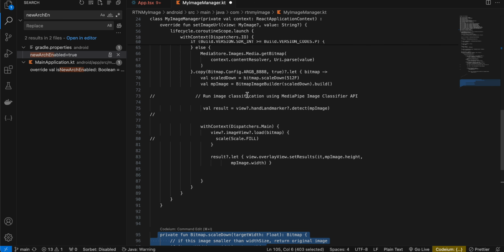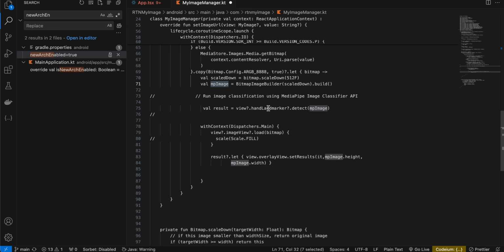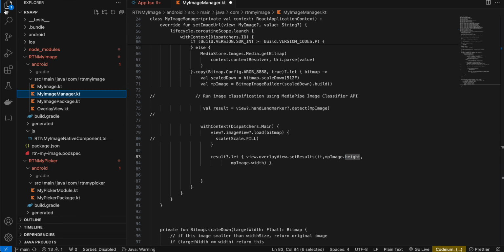Once we do that, we convert our bitmap to our MP image, and then we call LandMarker.detect and pass our MP image. Whatever result we get, we pass it to the overlay view's setResults method and pass the height and width of our MP image as well, and then we load the bitmap as well. Okay, once that is done,